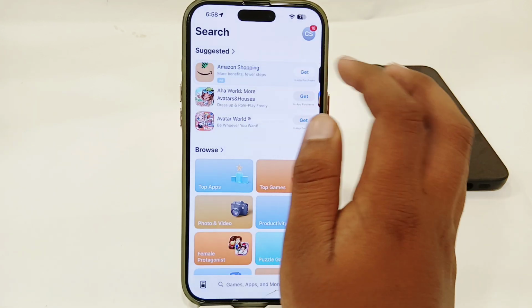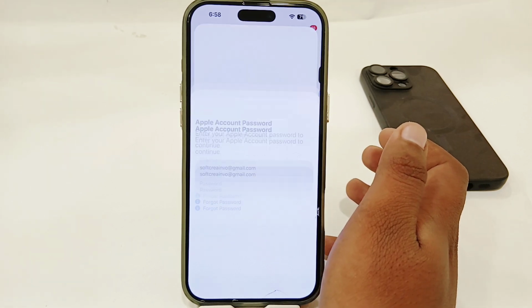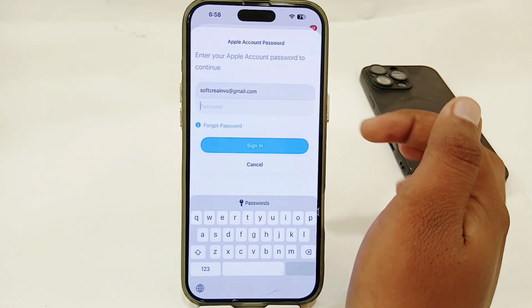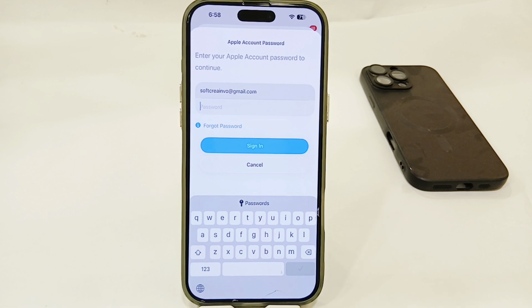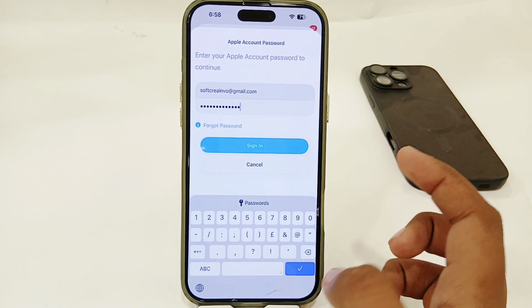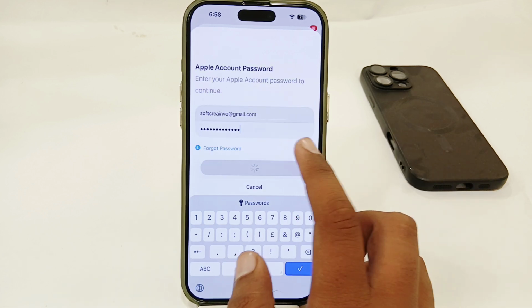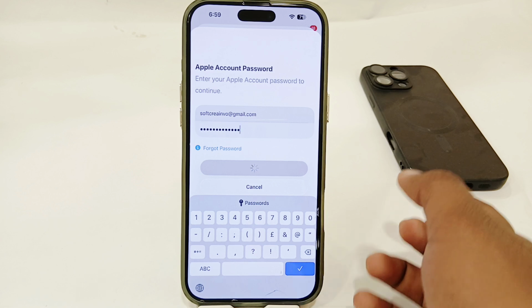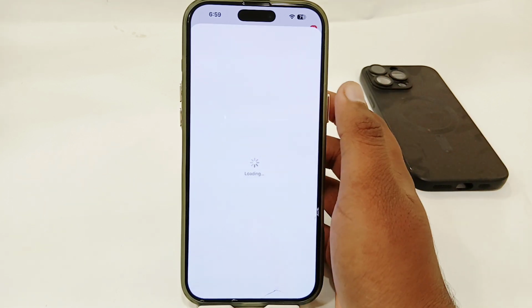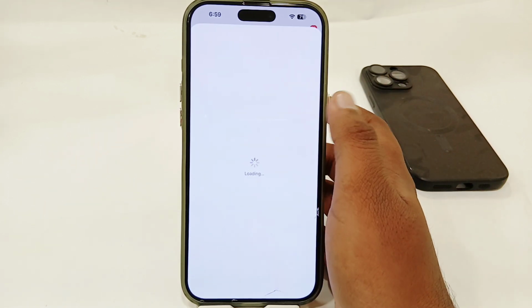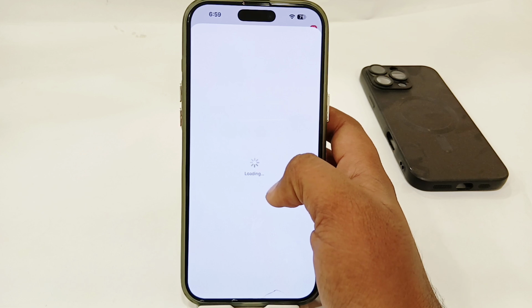Just tap on your Apple ID here, and here you must verify yourself using your Face ID or Apple ID password. Once you have entered your Apple ID password, tap on the Sign In option here, and just wait for some moments. And then your Apple ID will be signed in here. You just have to wait for this loading,